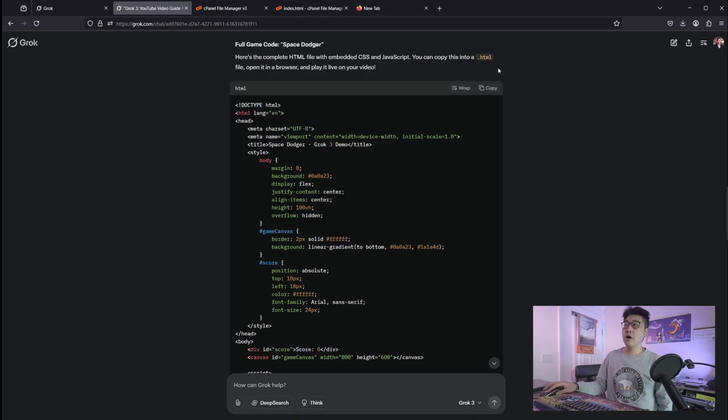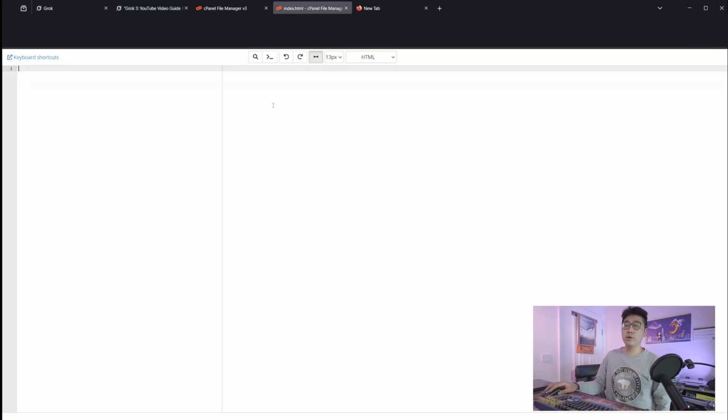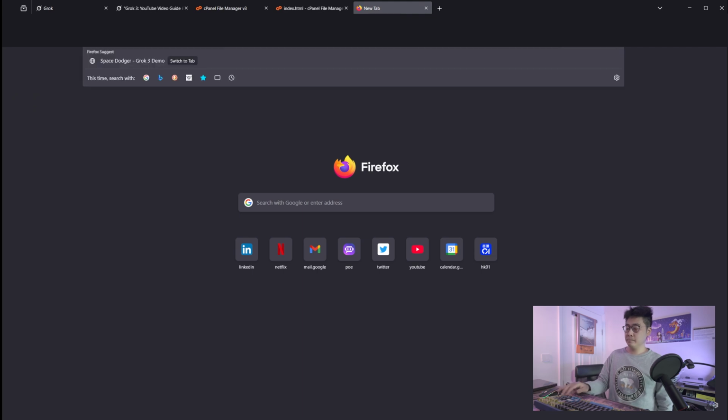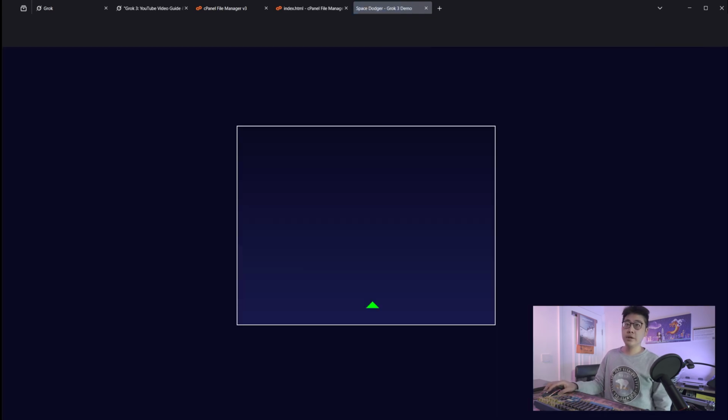What I would do is copy this code, go to an index.html file, which I have prepared on my server, paste the code, and then save it, okay? And then go to the respective website. And here's the game. And now it is indeed an asteroid avoiding game, which is done really quickly by Grok